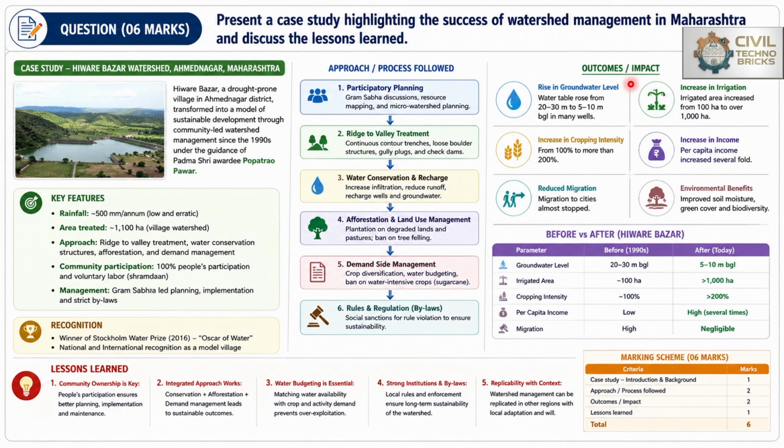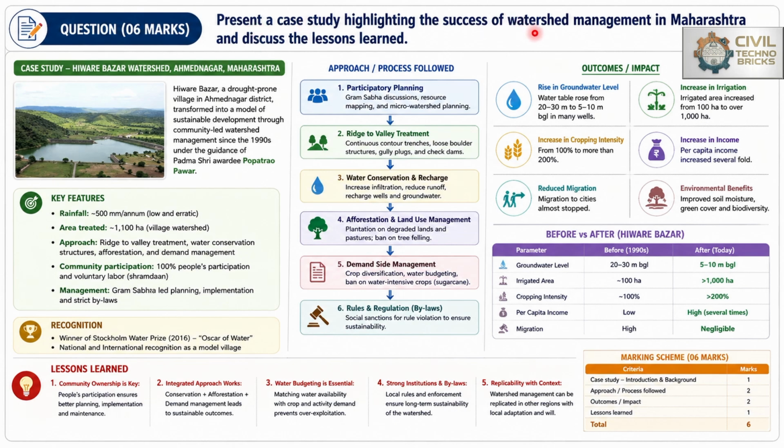So the outcomes or the impact for that case study: rise in groundwater level, increase in cropping intensity, reduced migration of the people from that village to the city area. After that, an increase in irrigation also, increase in income per capita, then environmental benefits. Means we have achieved the sustainable approach as the outcome with reference to that case study of that watershed management